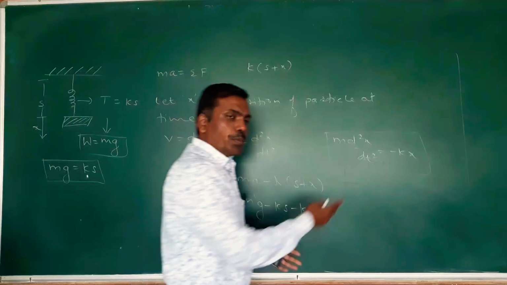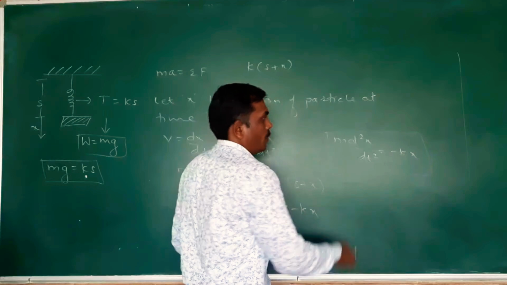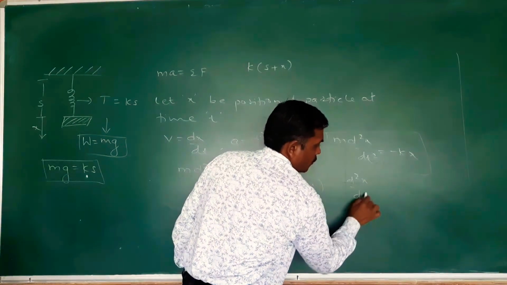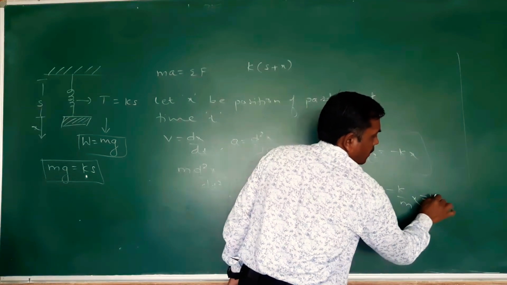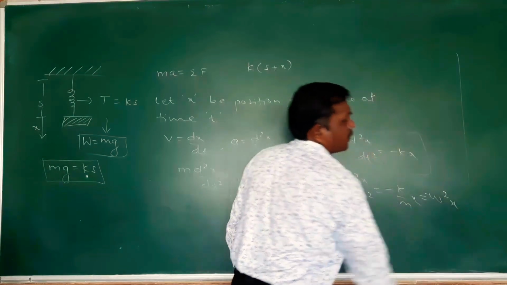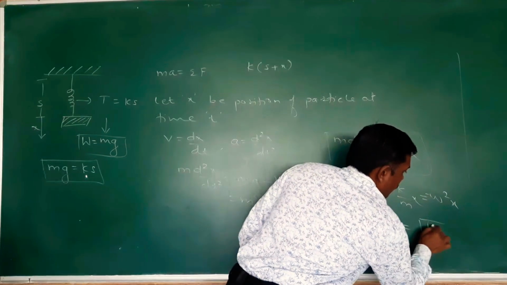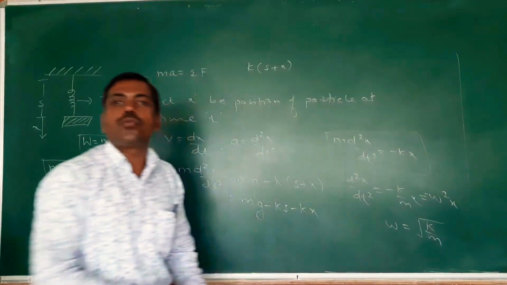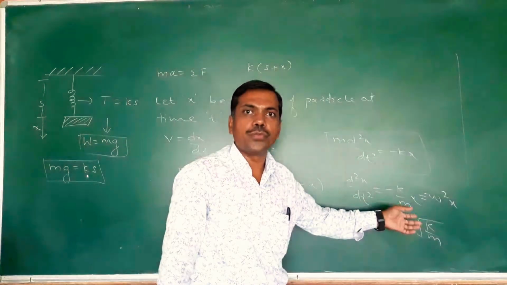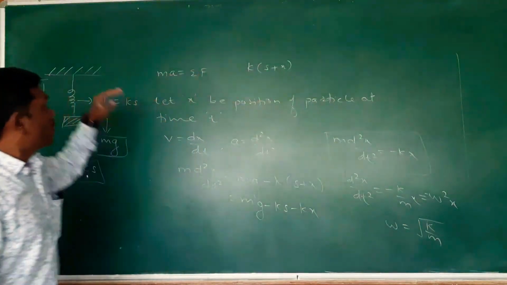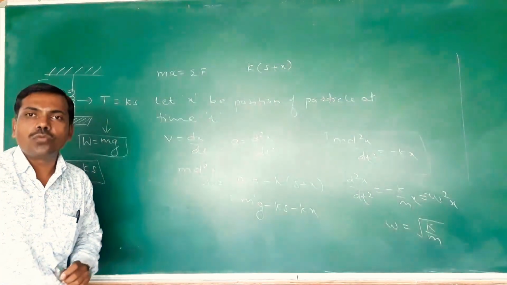Okay. Now some people may write in another way also. Transfer this m to that side, divide by m. So I get d2x by dt square is equal to minus k upon m x, and we call this as minus omega square x, where omega is equal to square root of k upon m. Already in 12th standard you have studied it, right? So this equation also you can use. So this way our mass spring system works. We will clear this concept by taking one example.